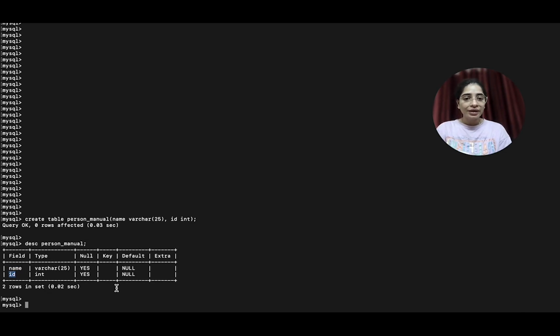That means creating a table without a primary key is possible inside a database. Whenever it comes to creating a table with the help of JPA, it is not possible to create a table without giving an ID to it. It will throw an exception whenever you try to create a table with the help of JPA without defining the ID annotation. But you can still create a table inside the database without a primary key. Creating the primary key is required because of JPA, not because of any underlying database.